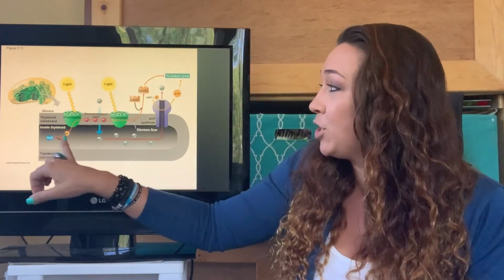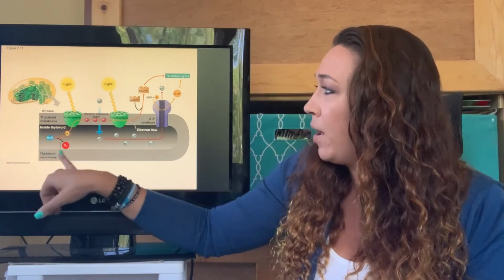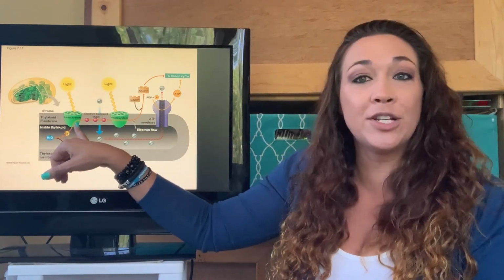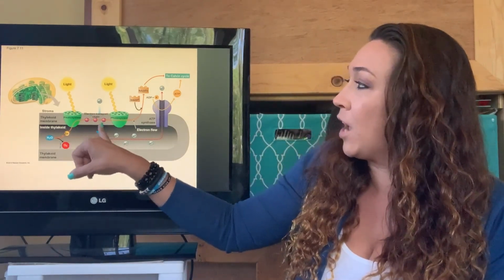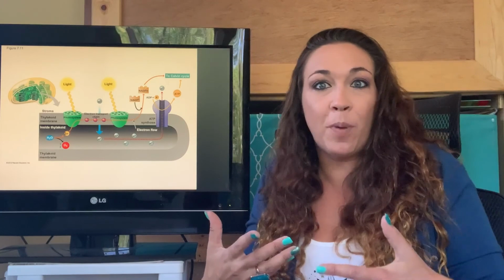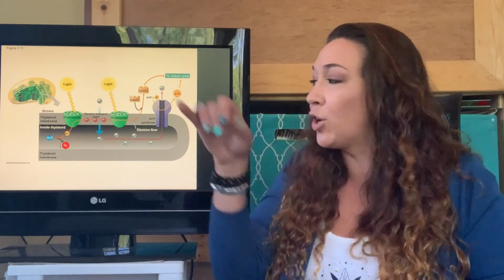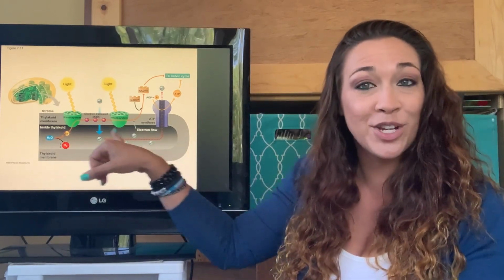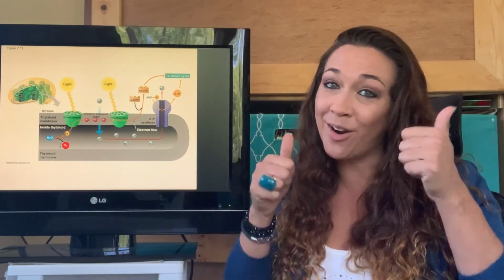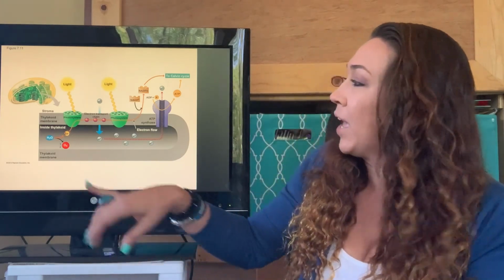So we're going to go over this again. Okay, inside the thylakoid membrane, the light is going to hit the chloroplast. The electrons are going to get excited, and they're going to produce the energy required to send the electrons through the electron transport chain. One after the other is going to grab, remember these are just pumps, these are channel proteins, right? They're going to grab these hydrogen ions, they're going to force them through the membrane, creating a higher concentration on this side, right? That's what we want, that artificial gradient, okay?